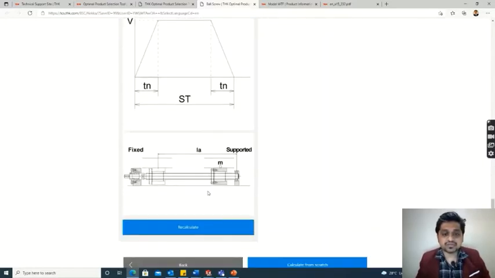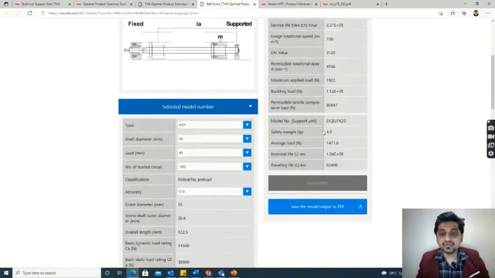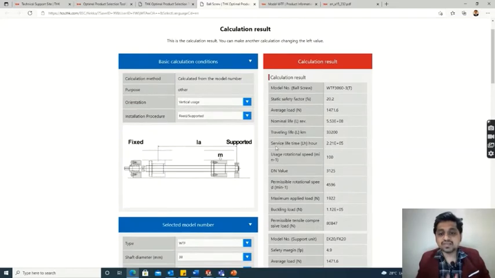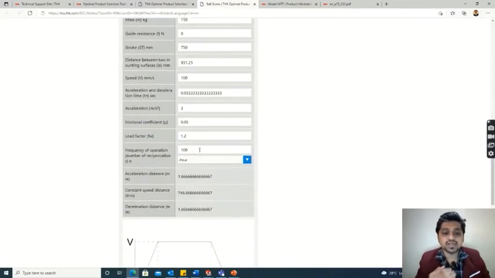After putting it, just click on recalculate, and now you can see the service life, which is 2.2 × 10⁵ hours. So it has now been calculated after giving the frequency of operation. So that is the importance of putting it.